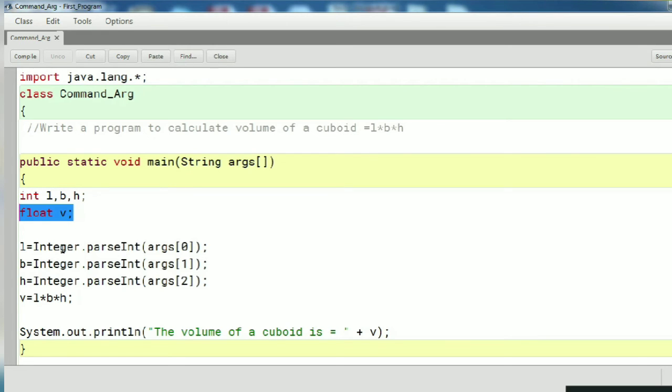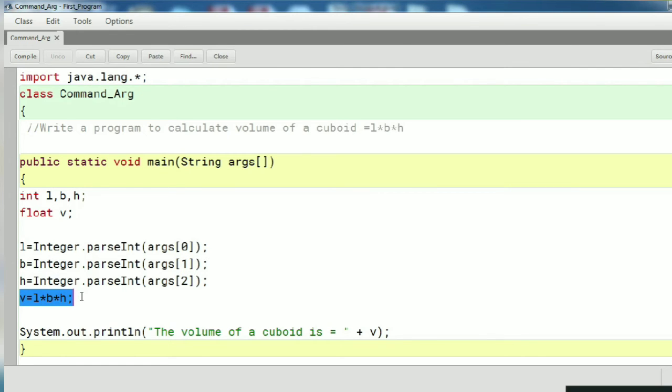The first value is L, which is the first value of the array args, index 0. The second value comes here and the third value is captured here.